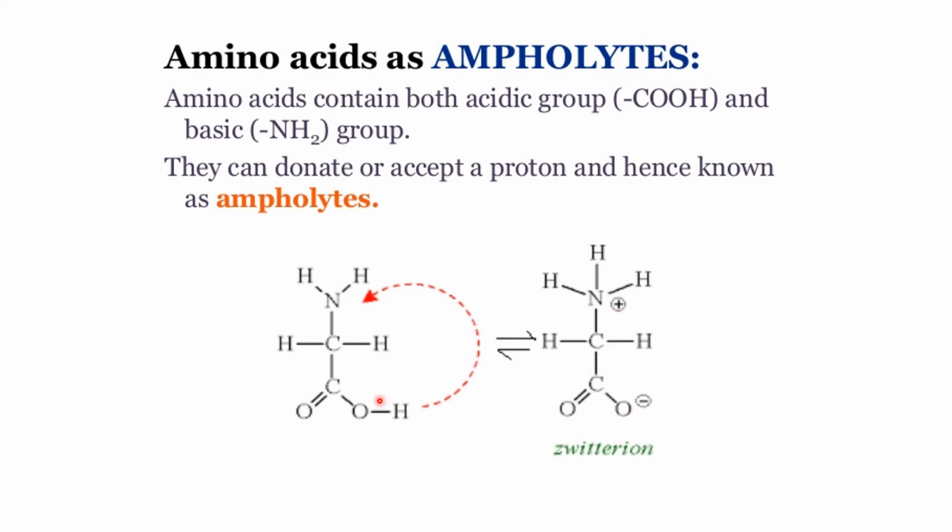Now here what is happening: this is the COOH group, and this H is released and captured by the nitrogen of the amino group. So when H is released from here, you have COO minus like this, and one H is captured by this nitrogen atom, so it becomes NH3+. And that's why we get the Zwitter ionic form, in which you have both negatively and positively charged species. This is the Zwitter ionic form of amino acid, in which you have the negative, that is the carboxylic group, and the positive, that is the amino group of the amino acid.